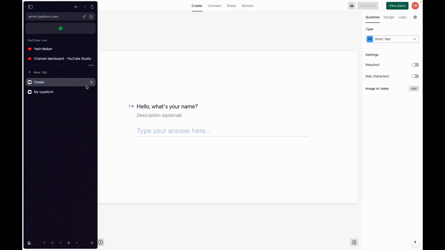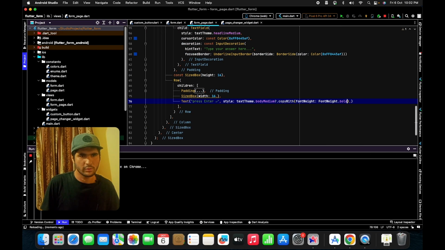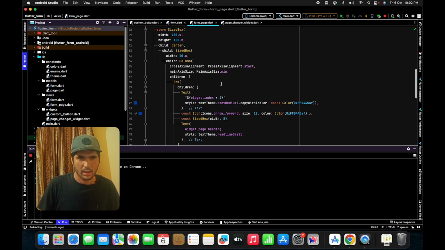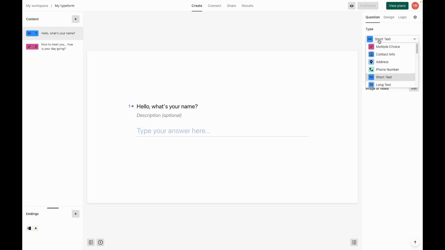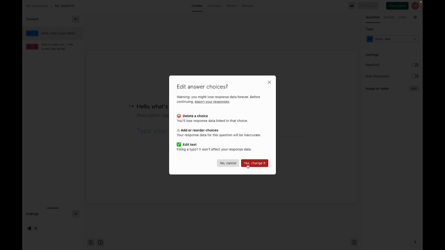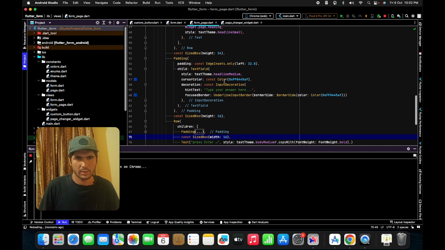Now what we have to do is we can change, right? So here we can change the type of that form. So we'll make different types of form according to the form type that we are passing. So let me add a const here. And this is the particular, so only portion that will change is this portion right here. So if I make it as multiple choice, you can see that after the description, whatever we have here, this